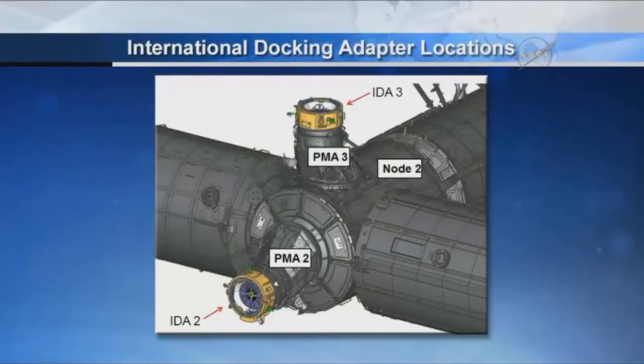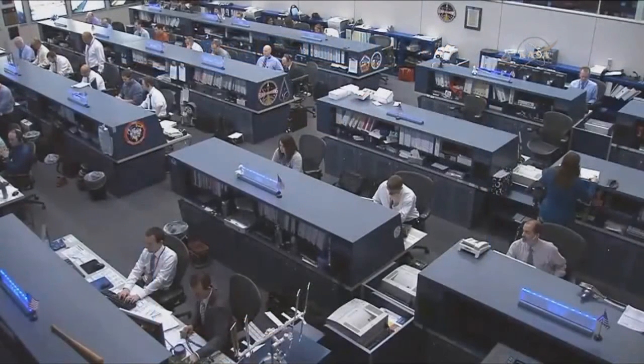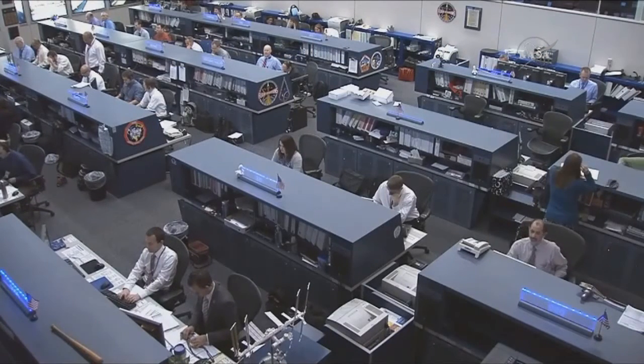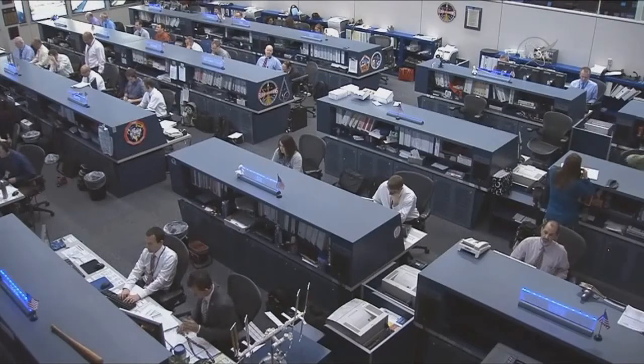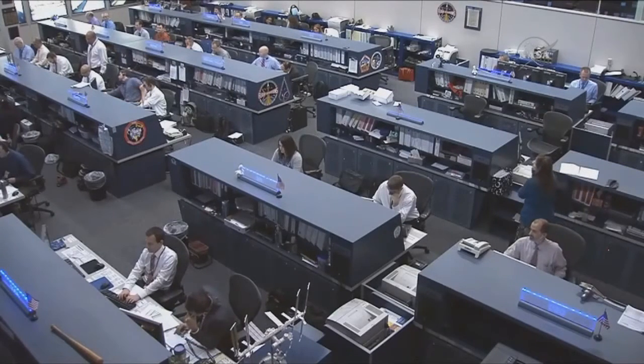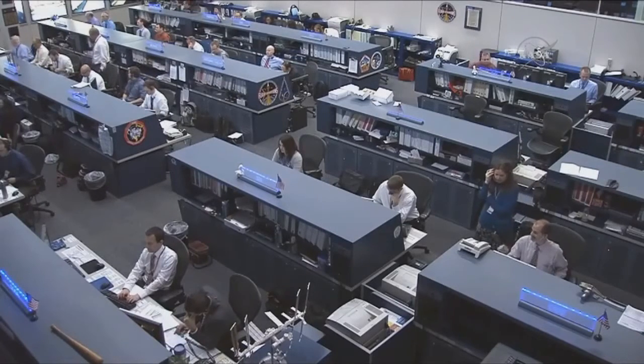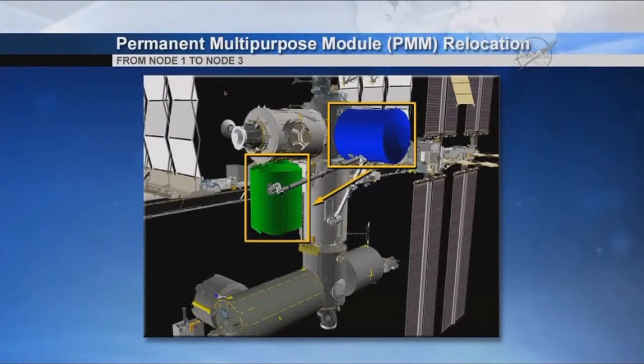This is a view that helps not only the robotics team but also Kjell Lindgren on board. It looks right down the center line of the common berthing mechanism. What they're doing right now is very deliberately and methodically aligning the spacecraft, the Cygnus cargo vehicle, with the common berthing mechanism until they get